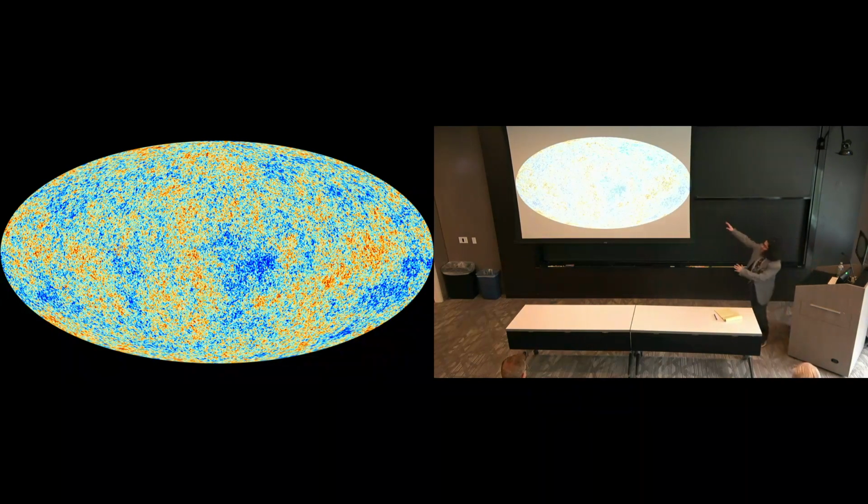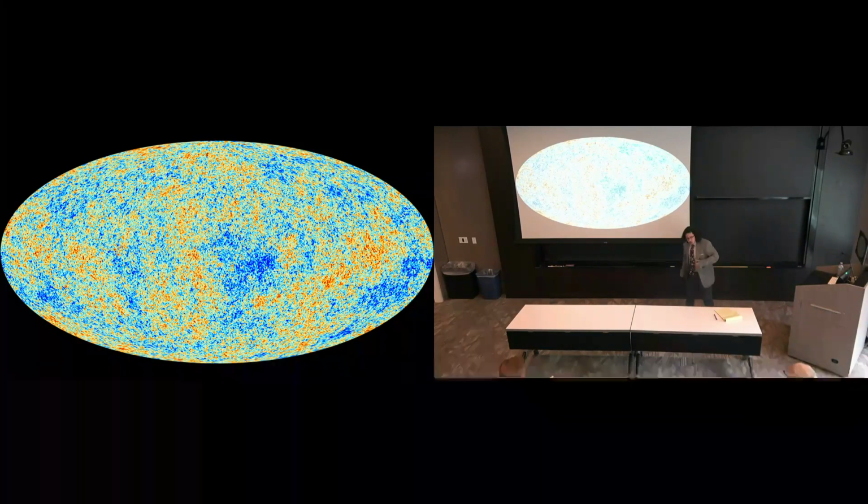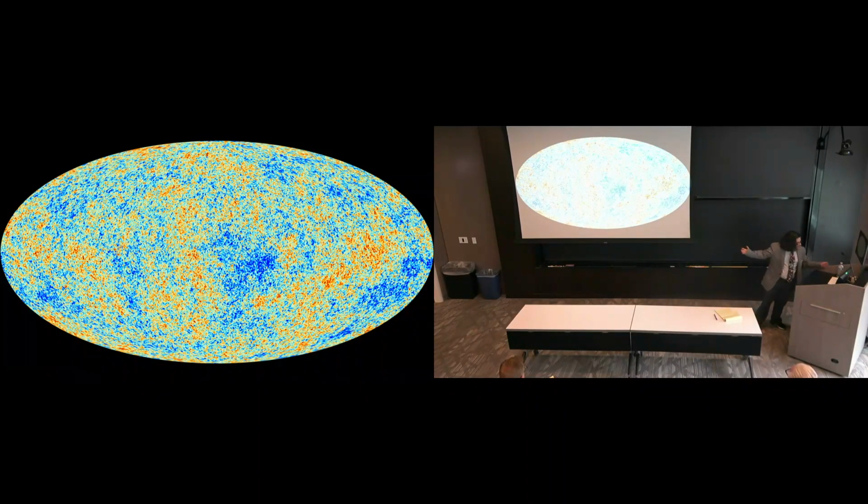First, I remind you of the cosmic microwave background. I can't show this picture often enough. This is the data from the Planck telescope, 2013 or so. An absolutely remarkable high-definition image of what the universe looked like at around 380,000 years after the Big Bang, some 13.8 billion years ago. And again, our question is, going from this nice picture of the universe at very early times, how do we get to what we see today?